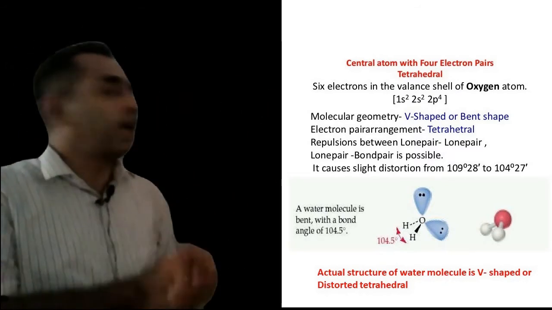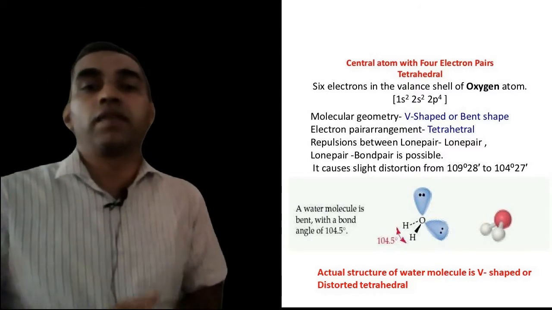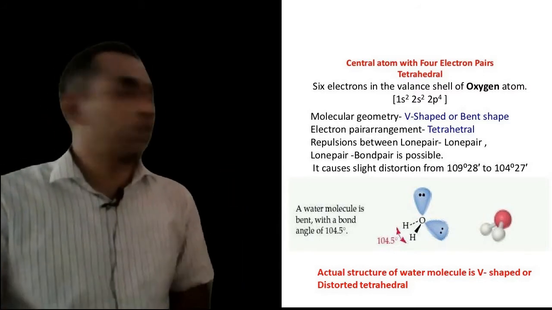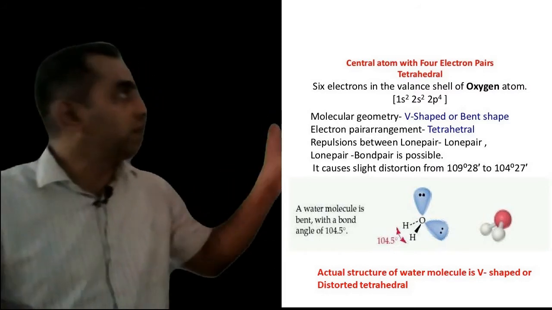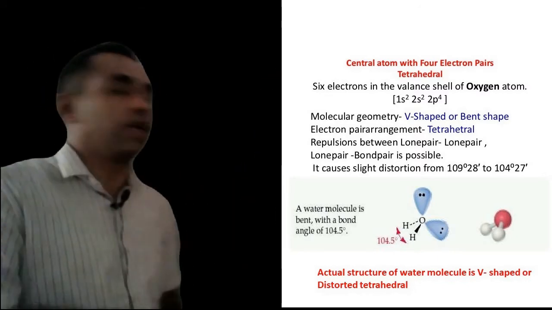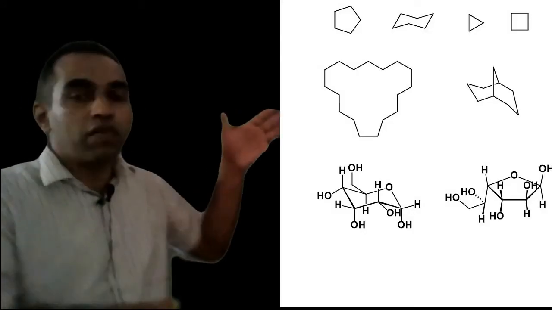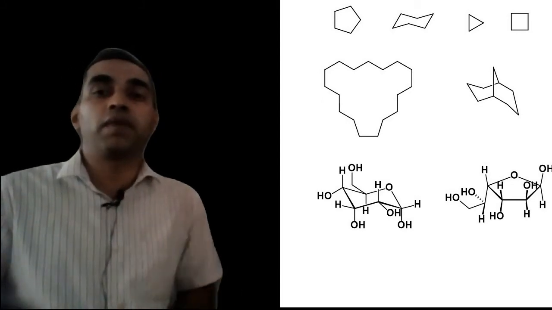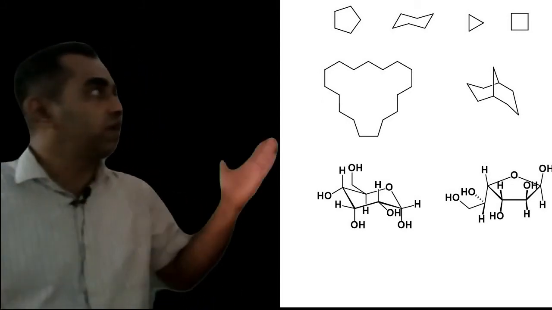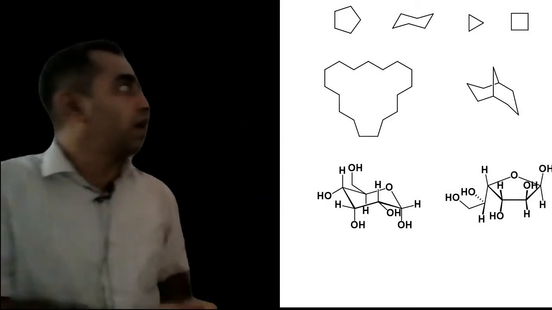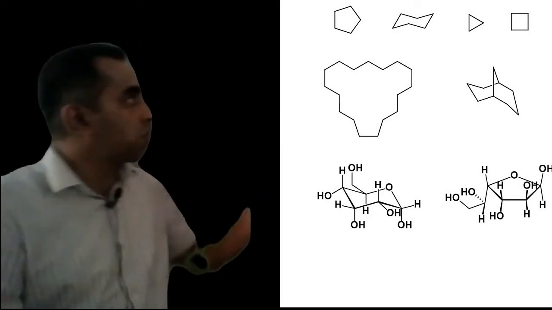This can be explained on the basis of valence shell electron pair repulsion theory, which is actually out of scope in this context, that is why I am not speaking about it. This distorted structure can be explained using VSEPR theory. So, these are some examples of compounds wherein sp3 hybridization is prominent, and you can see the regular tetrahedral structure and the distorted tetrahedral structure. The structure of water is what we call bent or V shape.